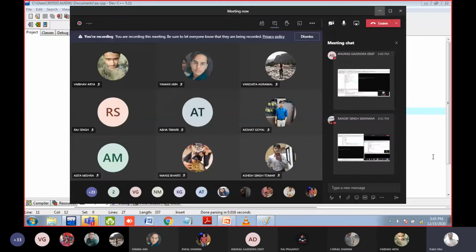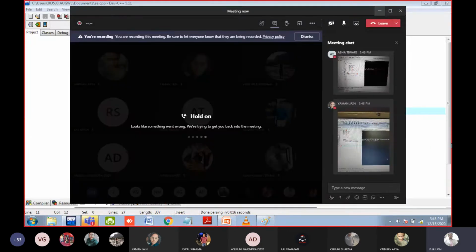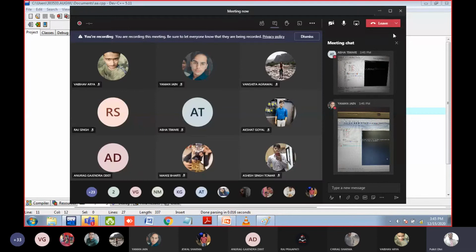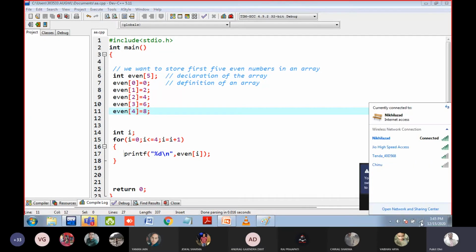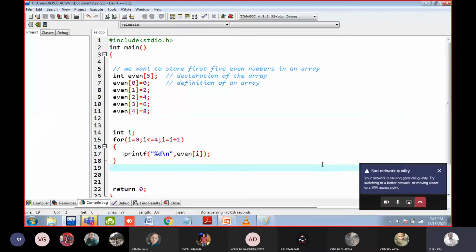Here the thing is, we will do a program in which you have to differentiate between the even number and the odd number. But here I am giving the even numbers by myself. In the question I have specified we want to store only even numbers. So why do we need to use the modulus operation?